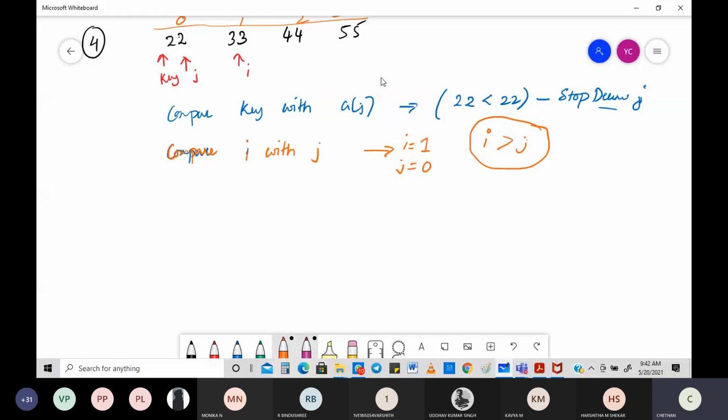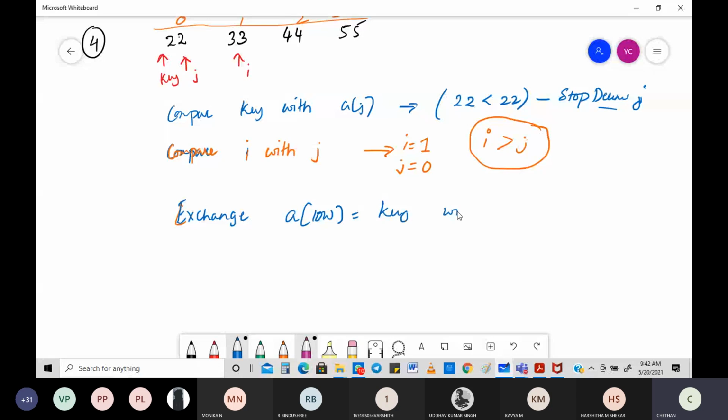I need to exchange, not compare, exchange. What do I need to exchange? I need to exchange A of low, which is nothing but the key value, with A of J.